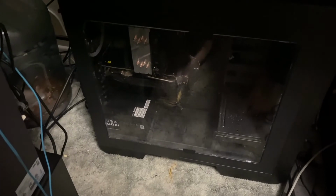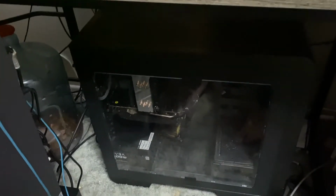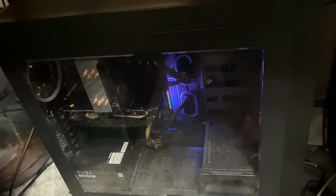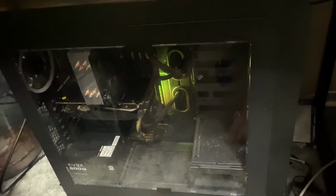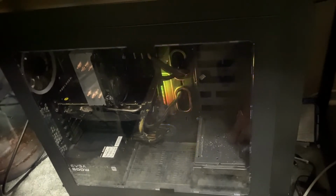Okay, it's back to where it was before, so excuse the mess on my desk because this is all of a sudden, so it is what it is. Let's go ahead, lay down here, flip the power switch on. Oh wow, that's kind of cool. Don't know if I'd like it at night though. I wonder if that's something you can turn off. But I suppose that's something to let you know that it's on. So, without further ado,